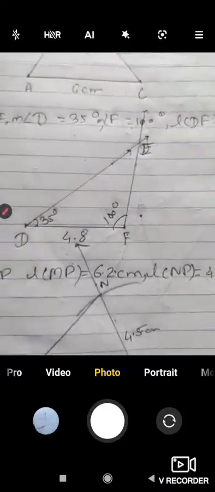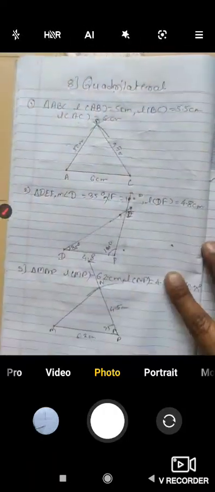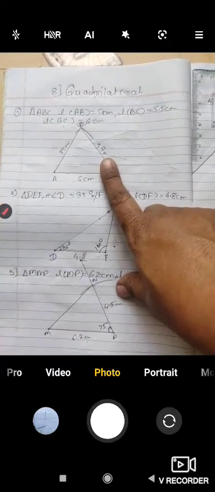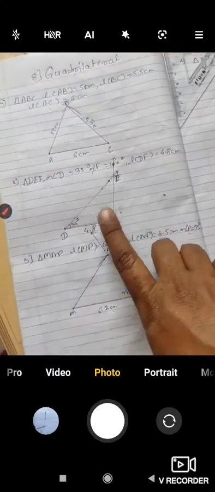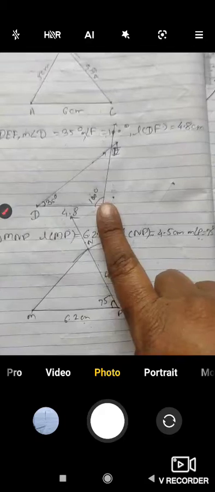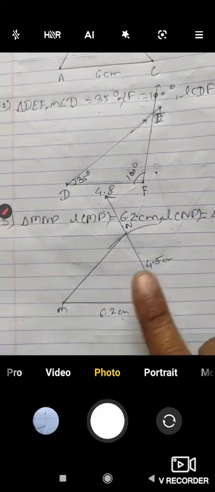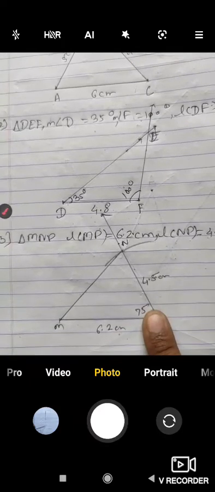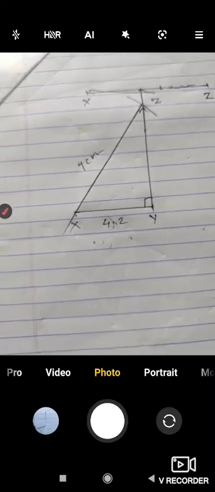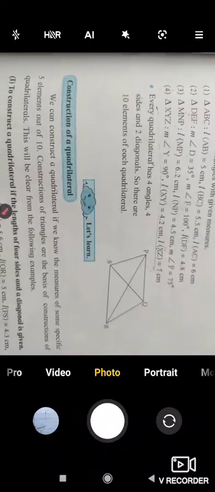So in this way, here we saw how to construct a triangle when 3 sides are given, how to construct a triangle when the base and 2 angles are given, how to construct a triangle when the base, 2 sides and the angle between them are given to us, and lastly how to construct a right angle triangle, that also we saw. Now the next point, let's recall insights.